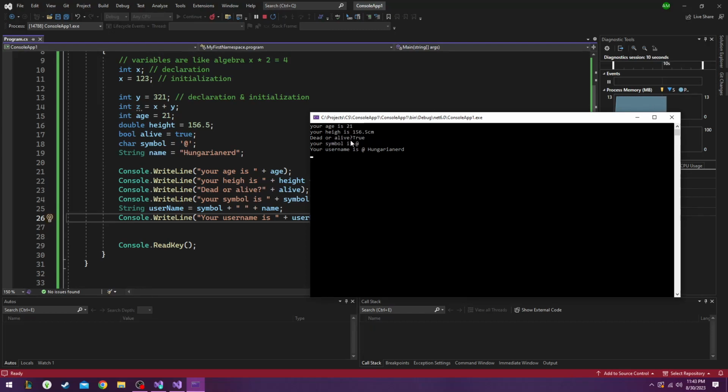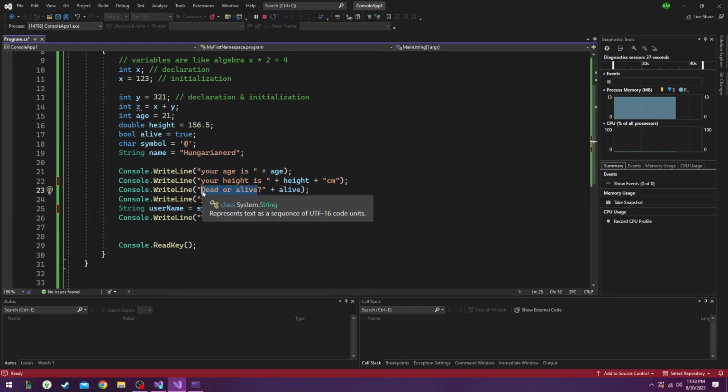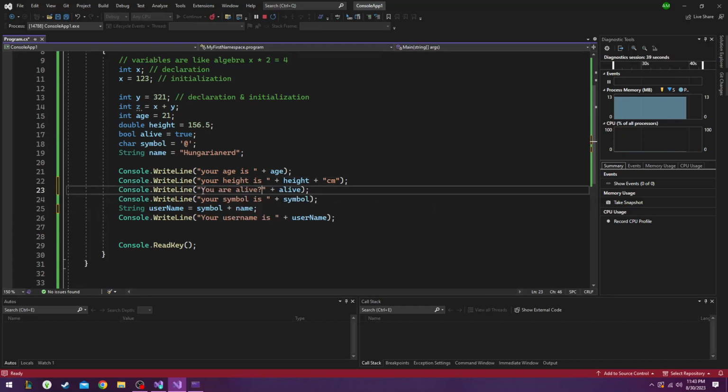So we can see, yeah, so dead or alive, true. That doesn't really make much sense, because true or false, dead or alive. It'd be better if we changed that maybe. And then at space Hungarian nerd. I kind of don't like that space there, so let's take the space out. And then dead or alive, your height. I missed the T. We could change this to are you alive? And then if you press true,